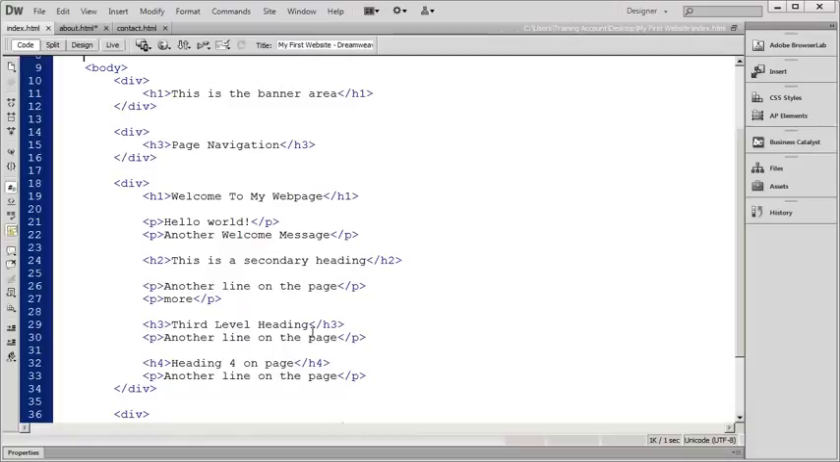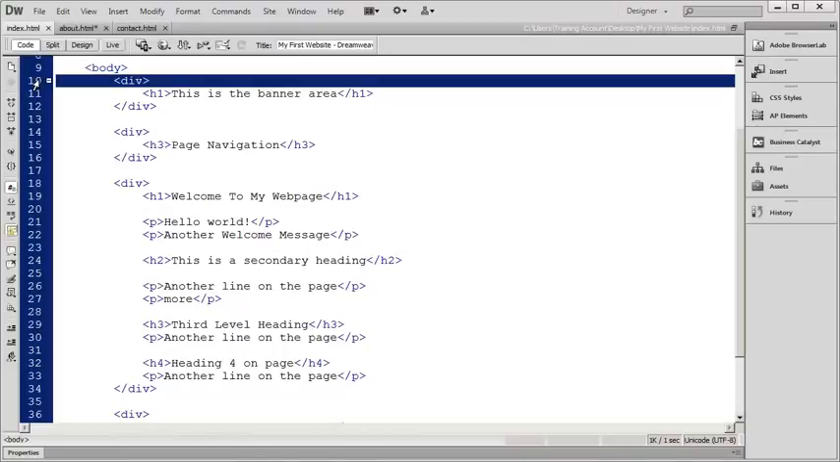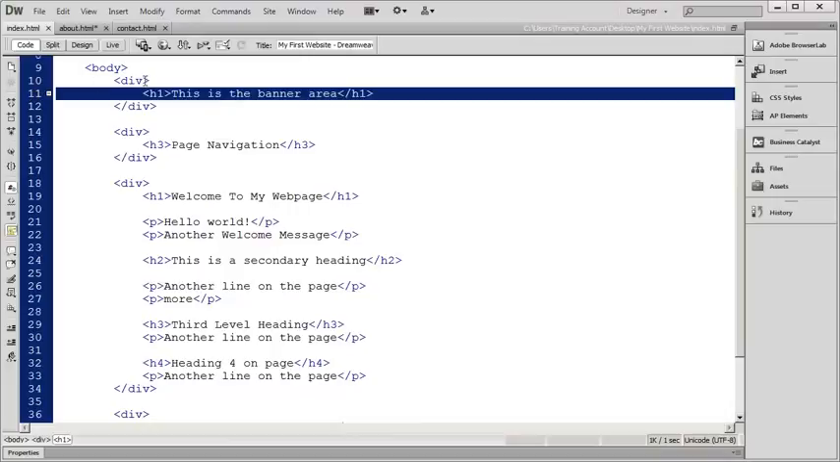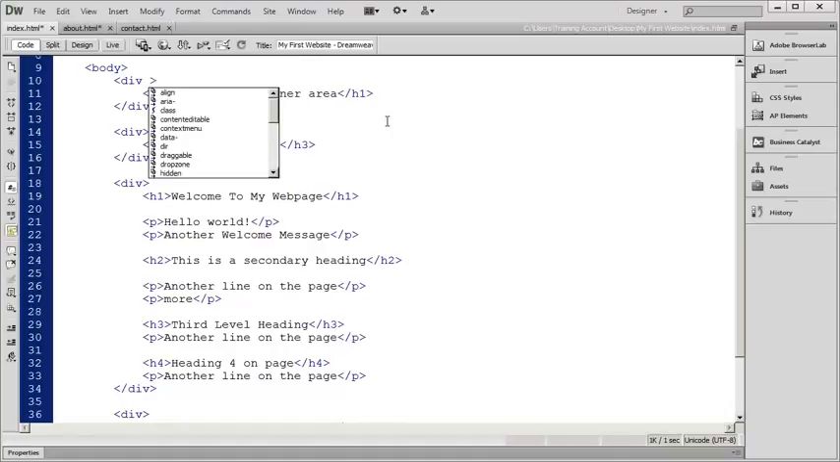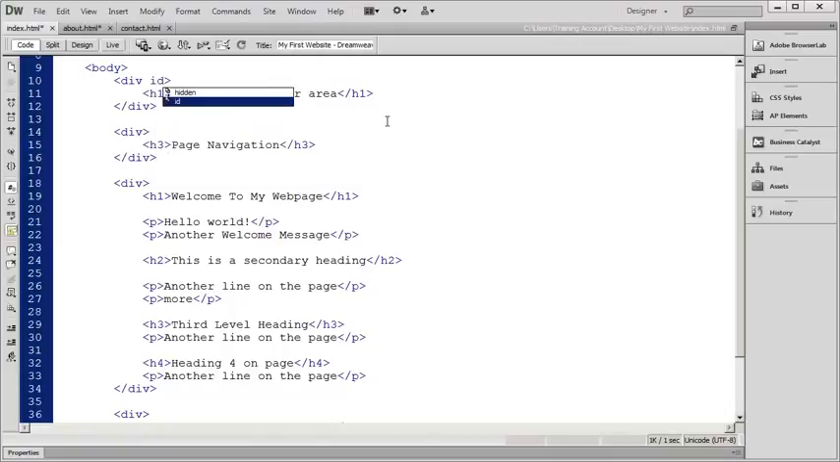Now, the last thing that we need to talk about right now as far as divs go is how to give IDs, or how to give identification to the different divisions that you create on your page. And that's very easy to do. You'll see I have my opening div tag for this section. And what you're going to do is you're going to click in between the v and that closing bracket and type a space. And then you're going to type ID for identification equals quote,